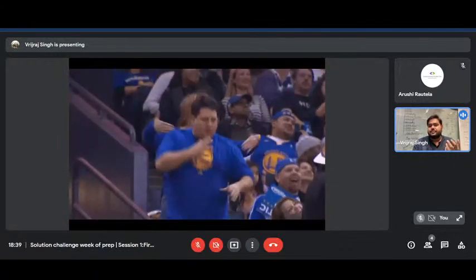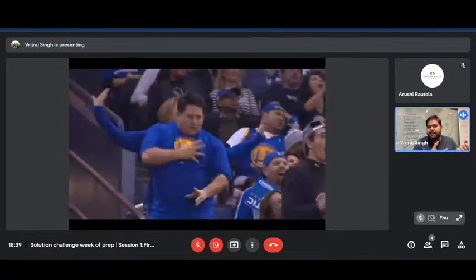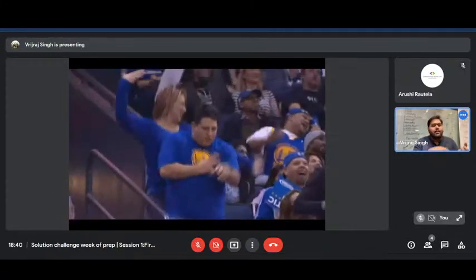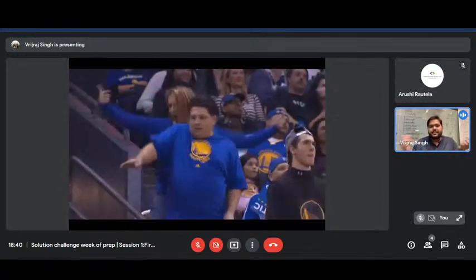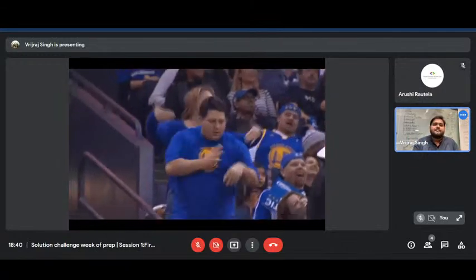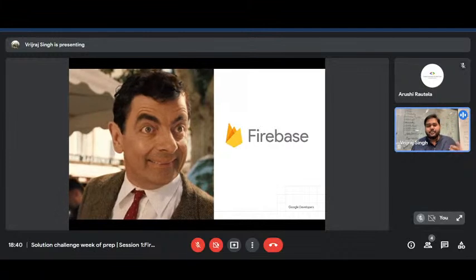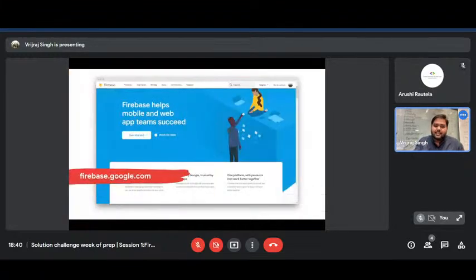You just need to focus on the fundamental part first, and then you can connect your front-end applications. Meaning you can create any front-end application, with the web or maybe iOS, Android. You can connect those applications with Firebase and use those services. So yeah, there are a lot of opportunities for you to create applications with Firebase.